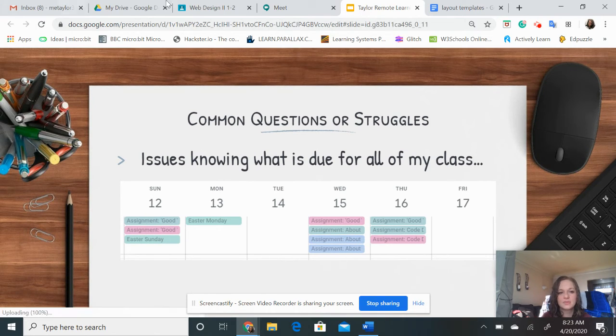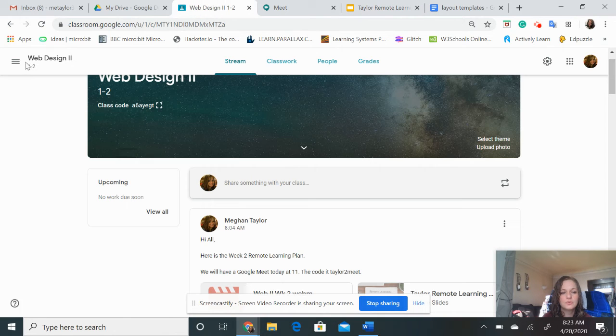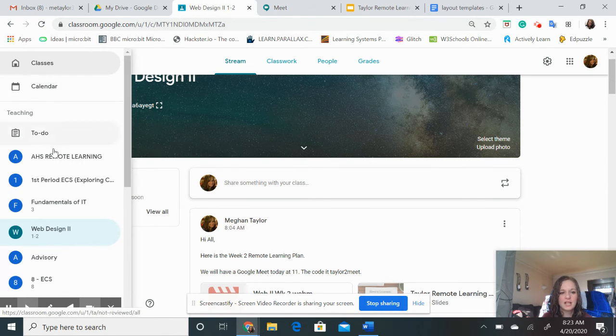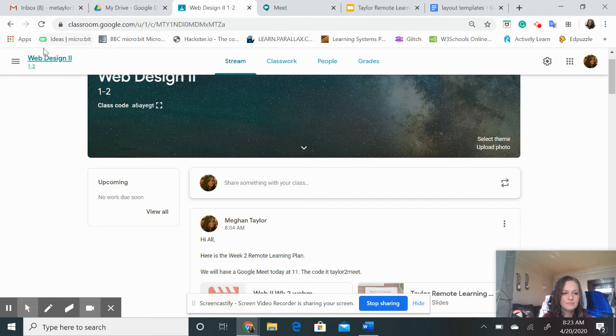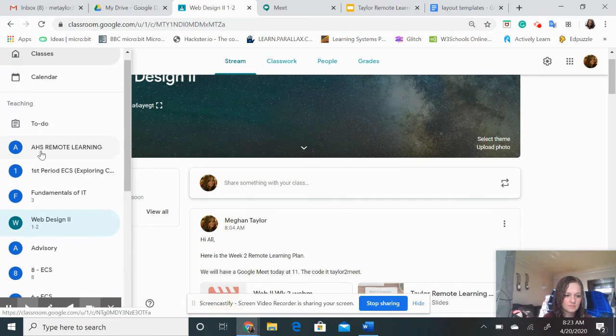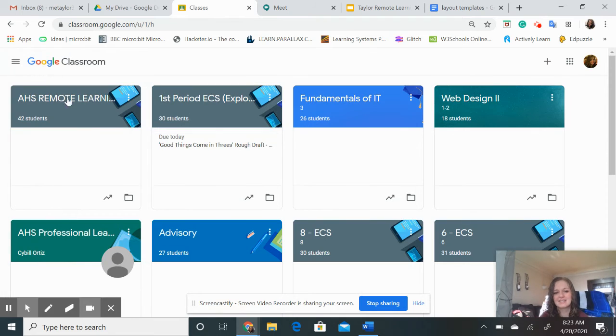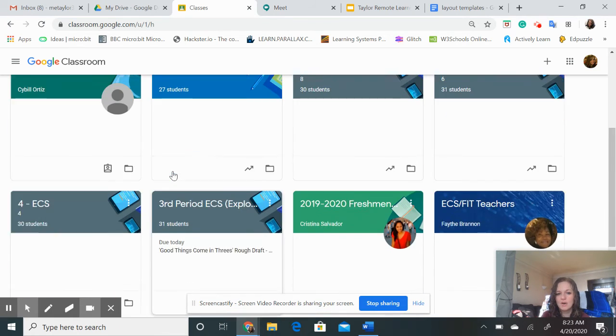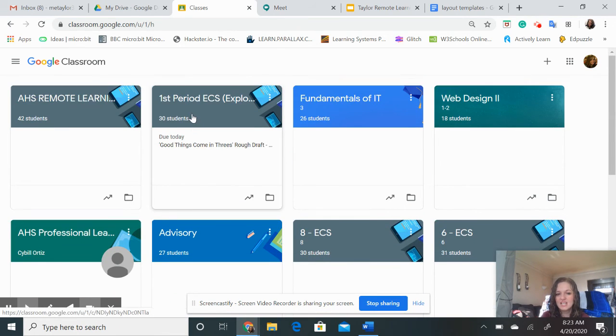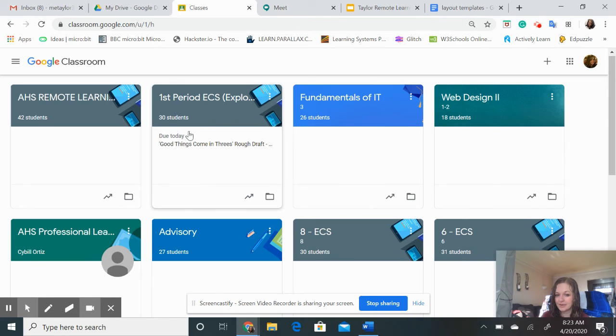Another way that you are able to do that is that if you go to your opening Google Classroom, just clicking on classes, it tells you here. So it would say like due today or due Thursday or due Friday. Whenever a teacher has something due, you should be able to go and look at the overview of that class and see it here.